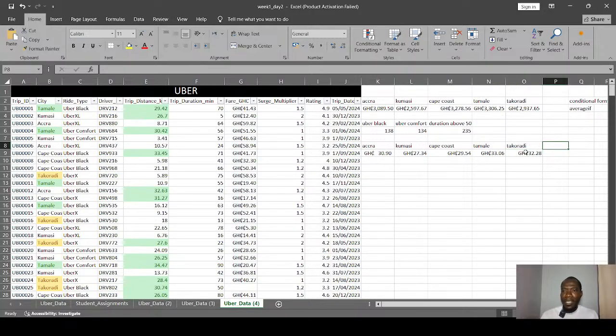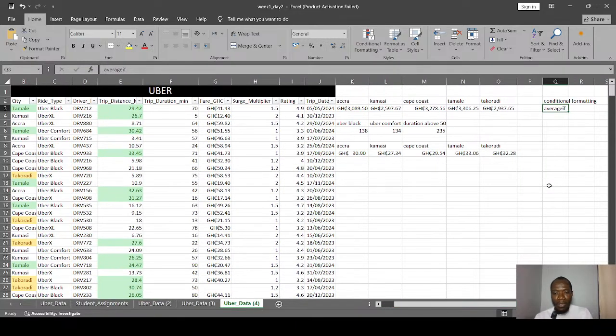Would you believe that? So it turns out Tamale drivers are even making more than Accra drivers on average. Tamale guys are reigning, right? So on average, the Tamale driver is making more money. Yeah, it makes sense, because I think Tamale is way bigger than Accra. This data is very relevant. Okay, so we have dealt with all the mountains we wanted to climb for today.